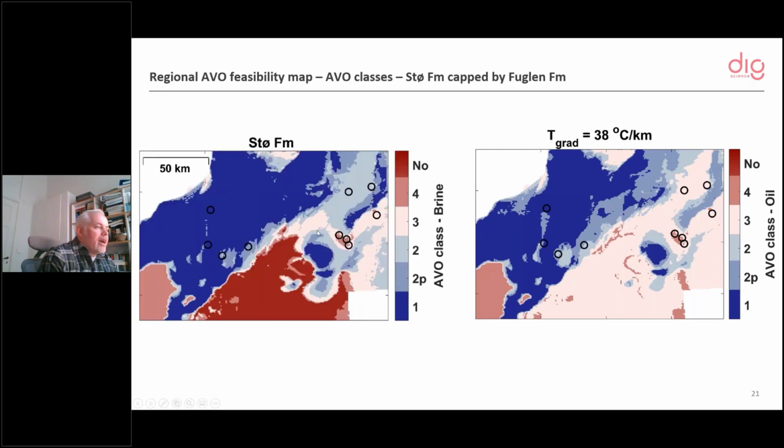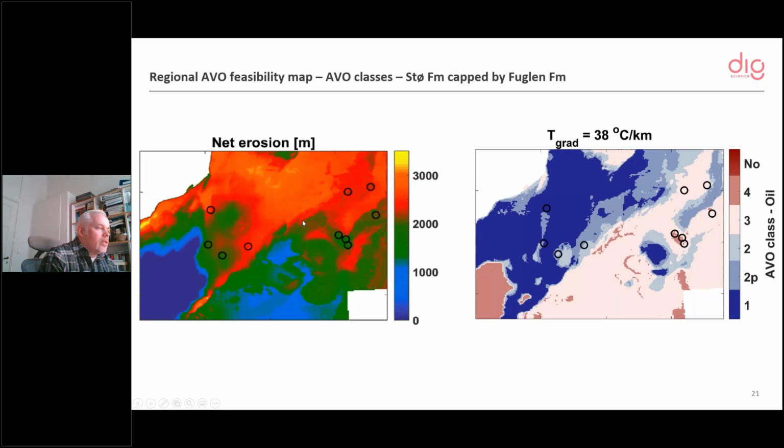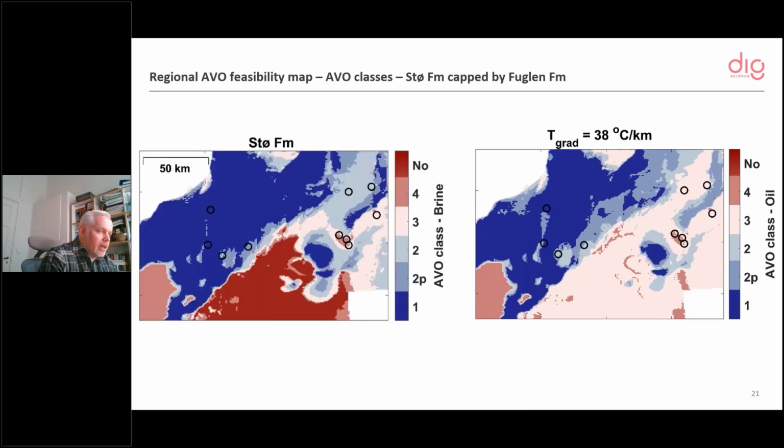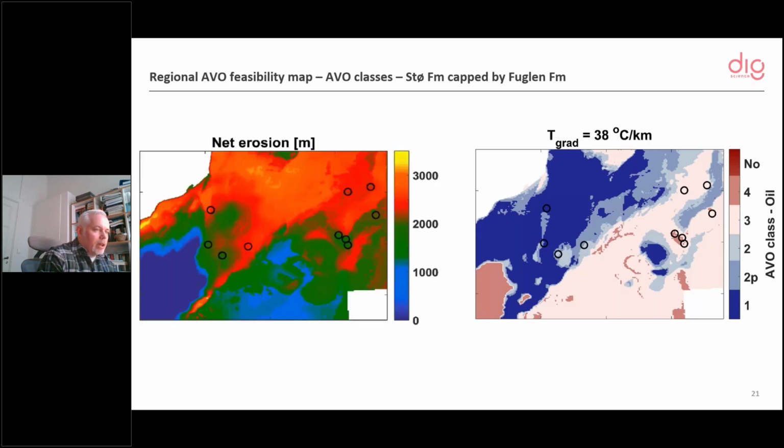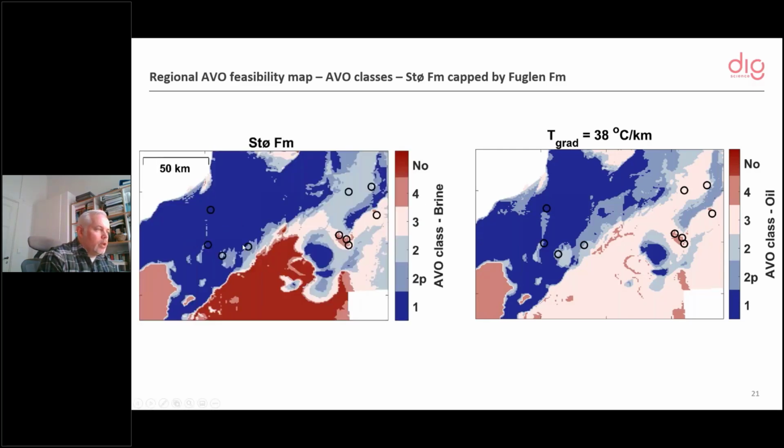And then if I just compare the net erosion map here back and forth with this area, we see that the information in the AVO plot is really controlled by the constraint from the net erosion map. So you're bringing in the geological information from the seismic velocities and the uplift estimation into the AVO domain, which then allows you to extrapolate and interpolate between wells. And that's a much better way to honor the geology than just doing a pure interpolation between wells.